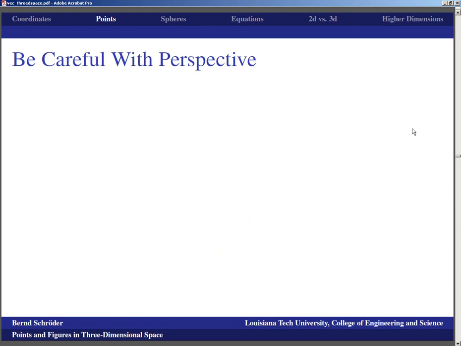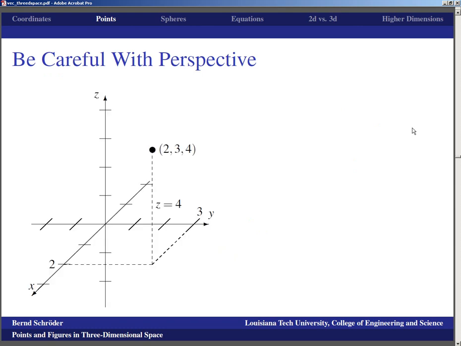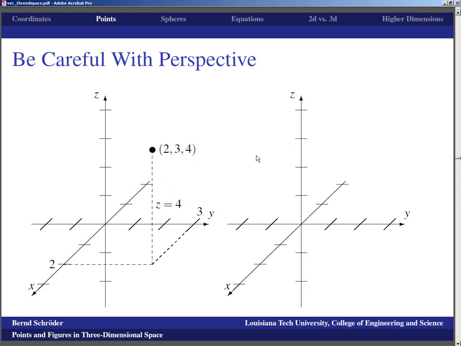However, we've got to be careful with perspective, as I mentioned. If we're looking at this picture, as long as we have these lines that give us the perspective, we see, yeah, this ought to be the point 2, 3, 4. But if we look at the same thing and we just have the point, then all of a sudden we realize that this point could have projected down into the xy plane only up to over here, and then projected across to the x-axis and down to the y-axis,